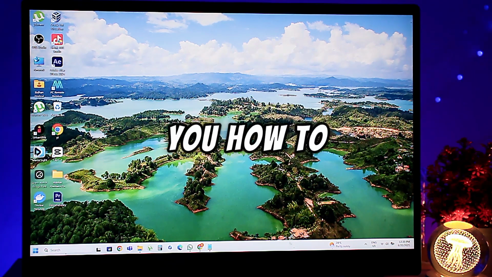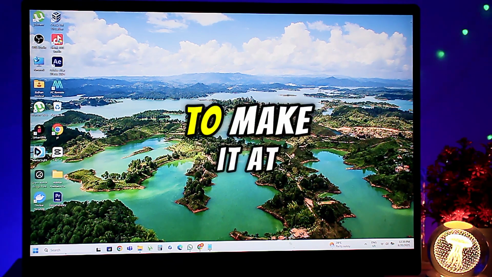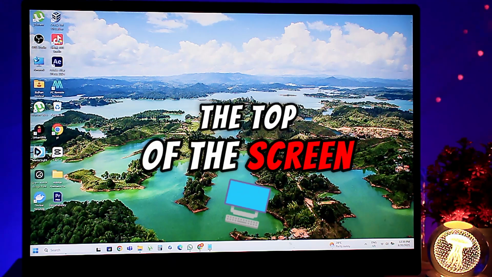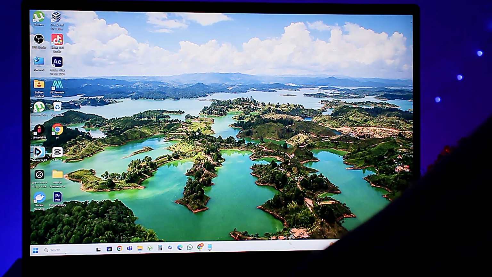Today I'll show you how to move your Windows 11 taskbar. It is important to make it at the top of the screen. First of all, you need to go to the settings. In the settings, it is not available, but you can move the icons to the center or left. To move the whole taskbar to the top, what you need to do is open the